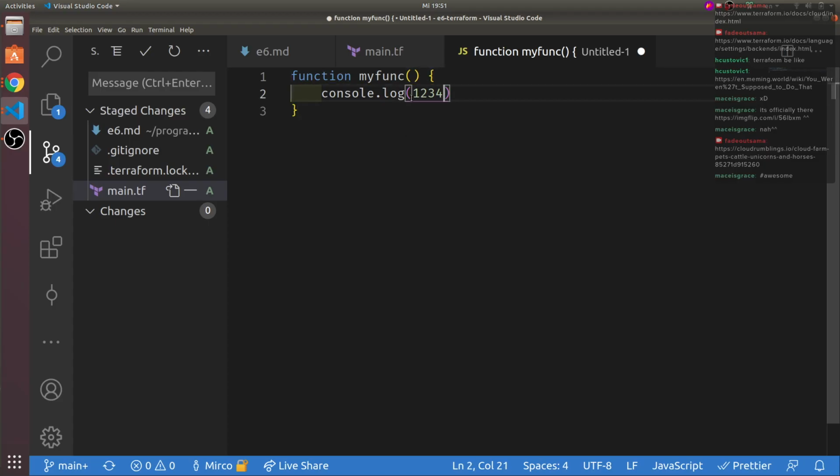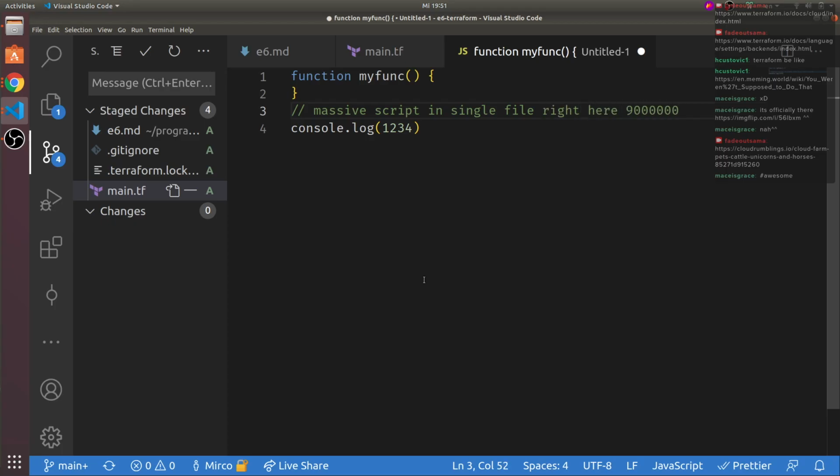Usually you want to have it dependent on stuff. Why do you write functions? You could just make one massive script in a single file, ideally. Worse, in a single file right here, 900,000 lines.